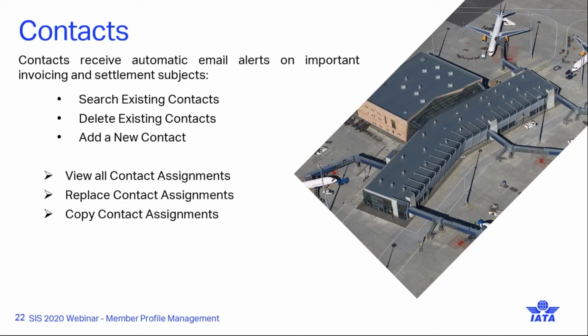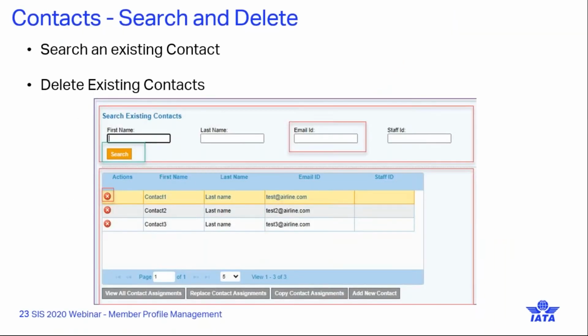What you can do in this tab is search an existing contact, delete or add a new contact. Additionally, you can view and edit contact assignments, replace or copy contact assignments. This is how you will start with searching an existing contact. You can search by first name, last name, email ID, or staff ID. Additionally, you can delete an existing contact by choosing the delete button that you will see on the left side